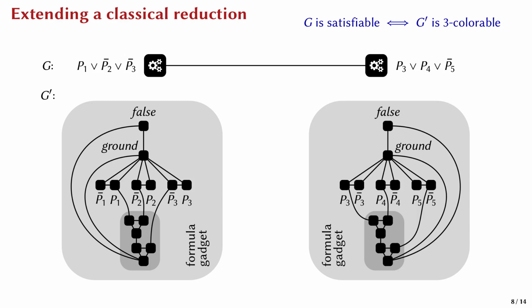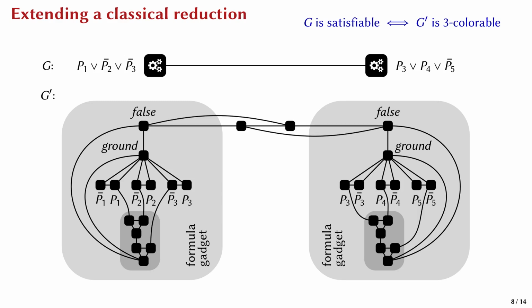By this I mean that adjacent nodes must agree on the values of their shared variables. So for instance, here the 2 nodes must agree on the value of P3 because they both have this variable in their formula. Now, if we want to enforce this requirement, we have to slightly extend the classical reduction. Currently, we have independent graphs for all the formulas, but we need to make sure that they are colored consistently.